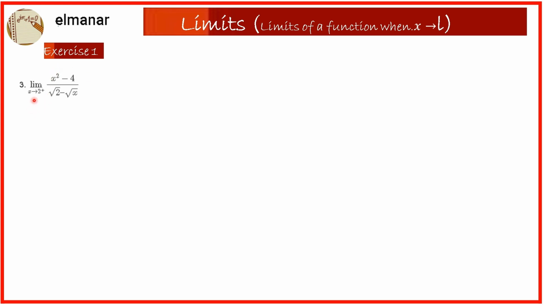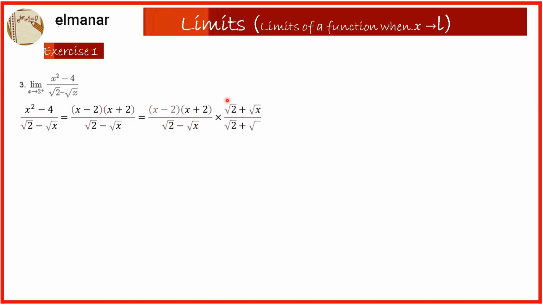Three. When we replace x with 2, we obtain 0 divided by 0, which results in an indeterminate form. x squared minus 4 is equal to x minus 2 times x plus 2. We multiply both the numerator and the denominator by the conjugate expression, namely, the square root of 2 plus the square root of x. We factor out the negative sign as a common factor and obtain